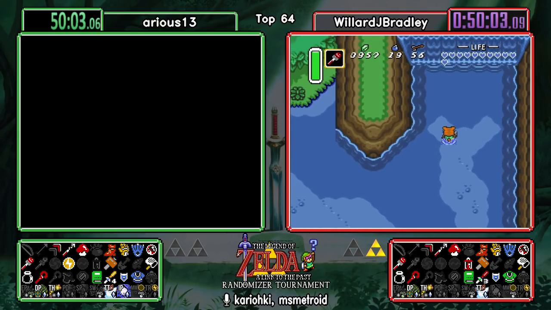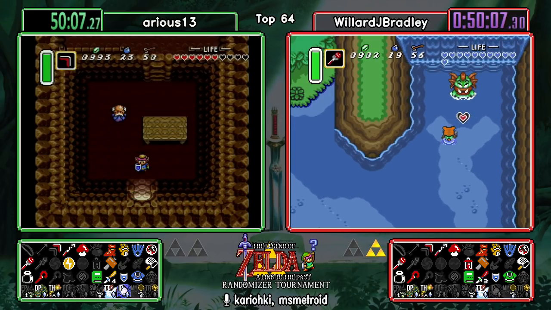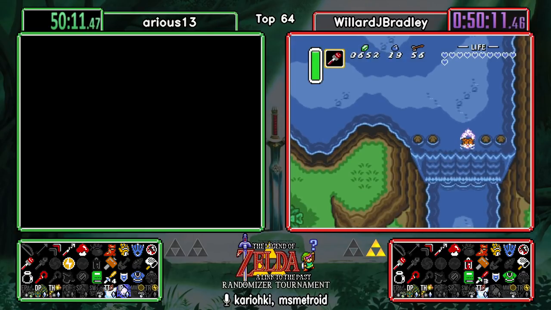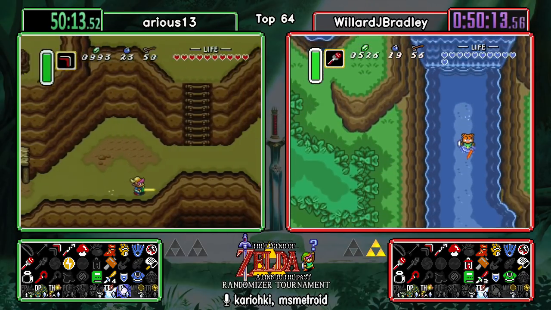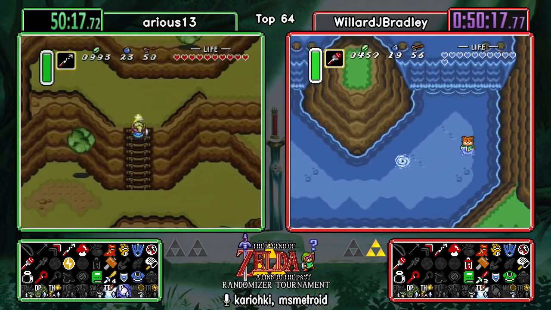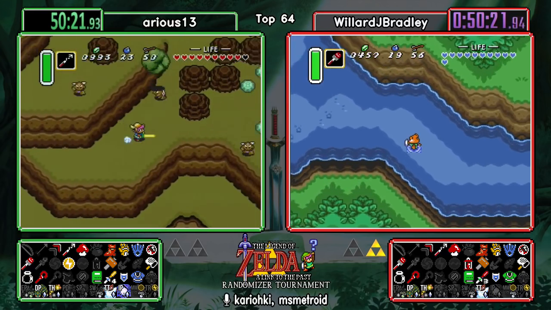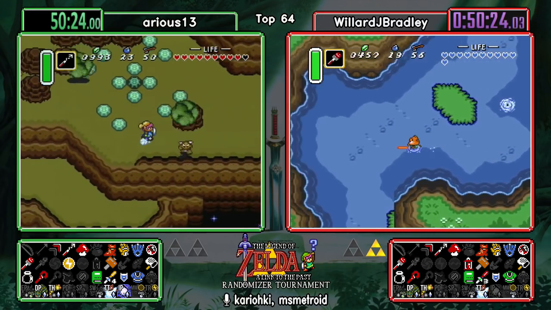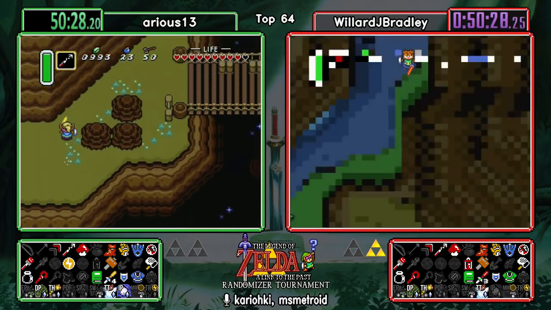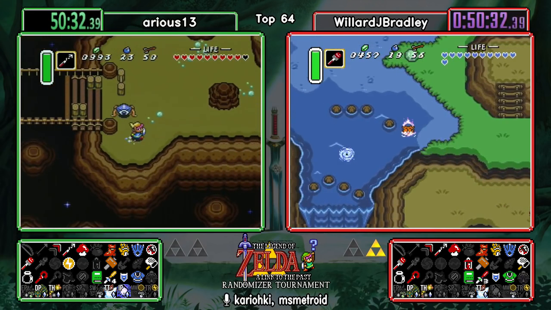So that ether is required to get into Turtle Rock. So that means we'll be having to clear Ice Palace before we go into Turtle Rock there, and Zora just having a little tiny piece of heart. And Willard skipping powder. Not that he needs it now that we've done the fake mushroom, but it helps to have that for anti-fairies and bunny beans, but...